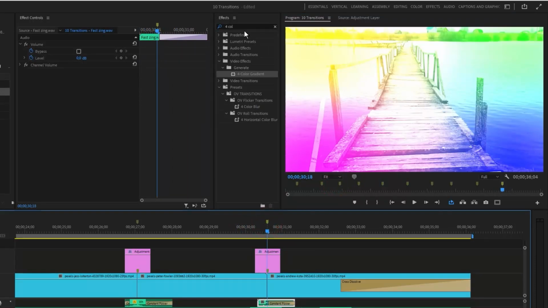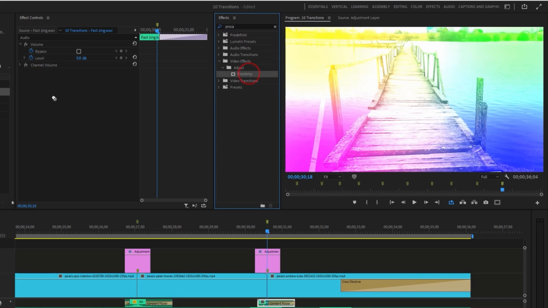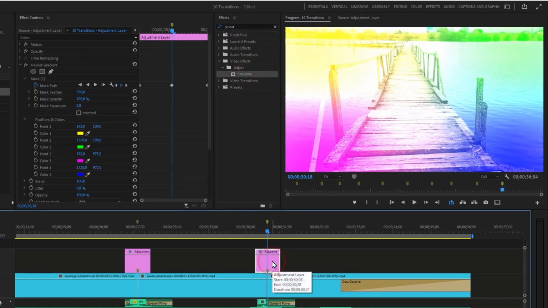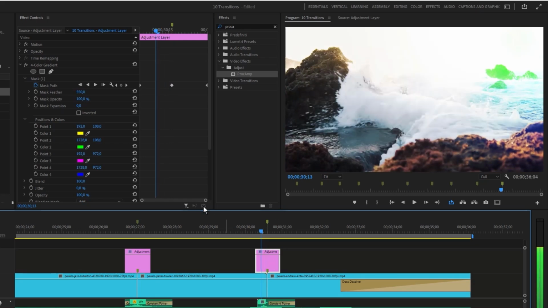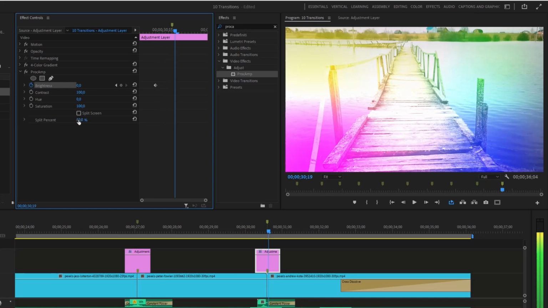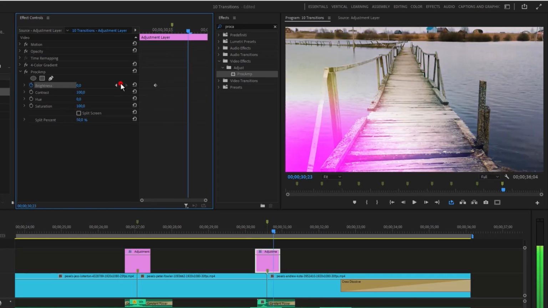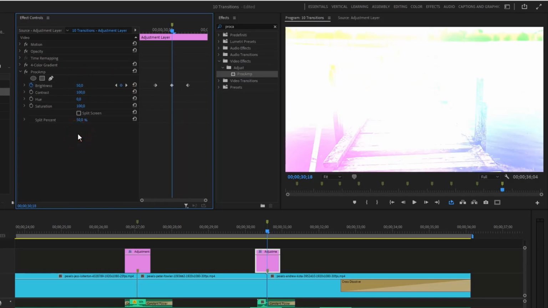We're almost done. We just need to add the second effect, ProCamp. Drag it into the adjustment layer, position the playhead 5 frames before the center of the clip, and set the default value of brightness. Move to 5 seconds after the cut point and do the same thing. Position the playhead in the center and set brightness to 50. You can also set this keyframe to Auto Bezier.